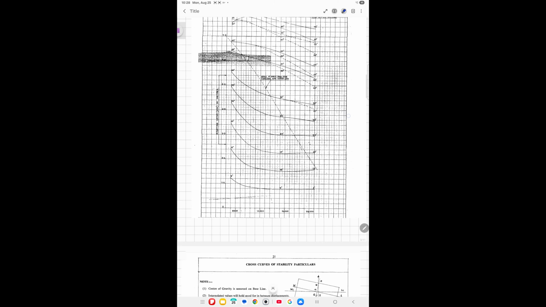You can see 5, 10, 15 is written on the top of the curve. So if you want to know the KN value for, for example, 15 degrees angle of heel, which is this curve, and my displacement is 15,000, I can go from here 15,000, go up to 15 degrees, and then go left and read the KN value. To make things easier, they have also given us